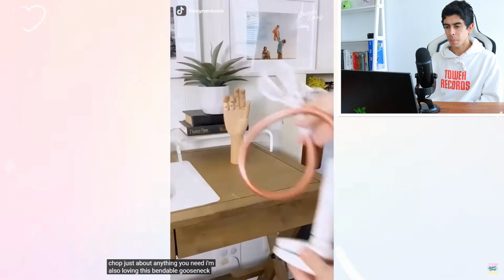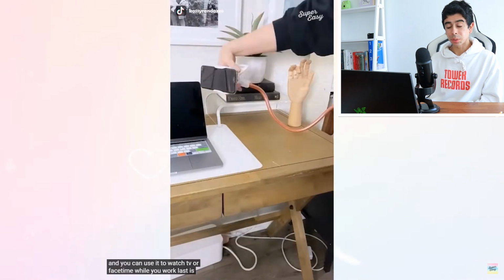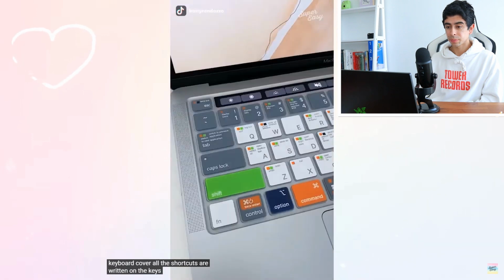I'm also loving this bendable gooseneck phone stand. It hooks onto any surface, and you can use it to watch TV or FaceTime while you work. Last is this matte keyboard cover. All of the shortcuts are written on the keys, and it also comes in a...